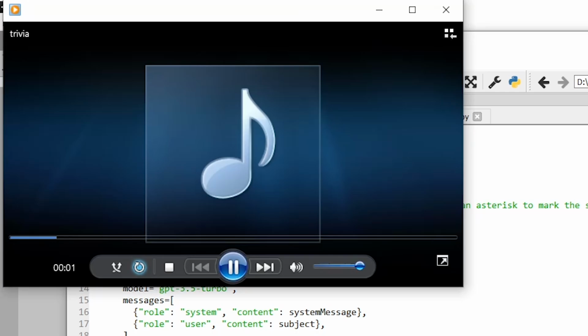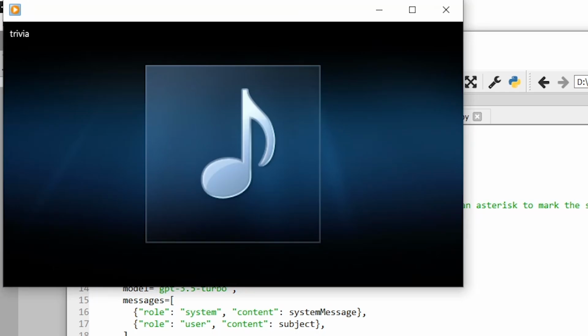Category: Video Games. Question: In the popular video game Minecraft, what is the main objective of the game? Answers: